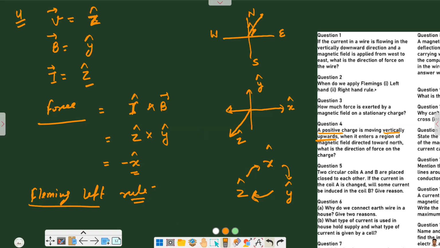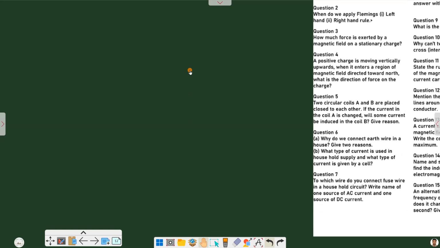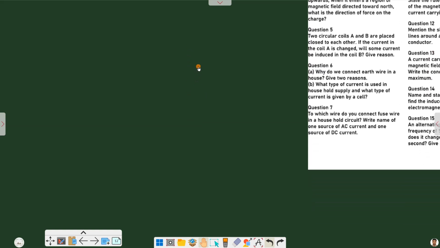Let's move to next question, question number 5. Question number 5 is: two circular coils A and B are placed close to each other. If current in coil A is changed, will some current be induced in the coil B? Give reason. We have already explained this phenomenon in our bonus video, and yes, the answer is